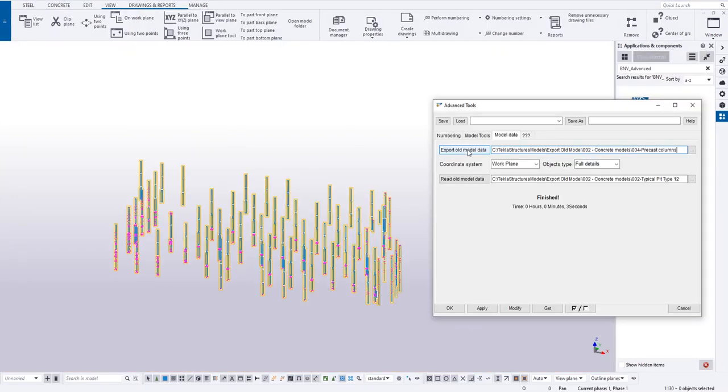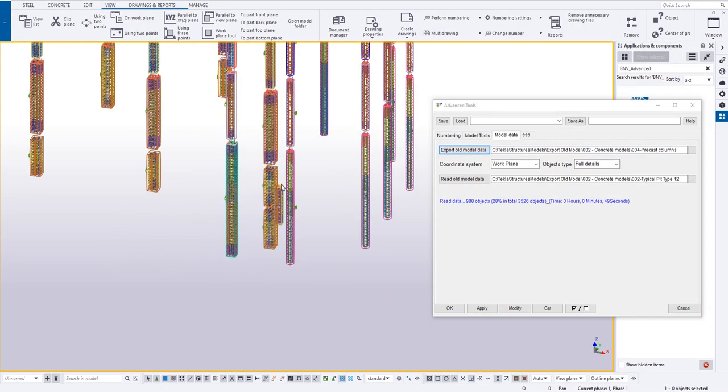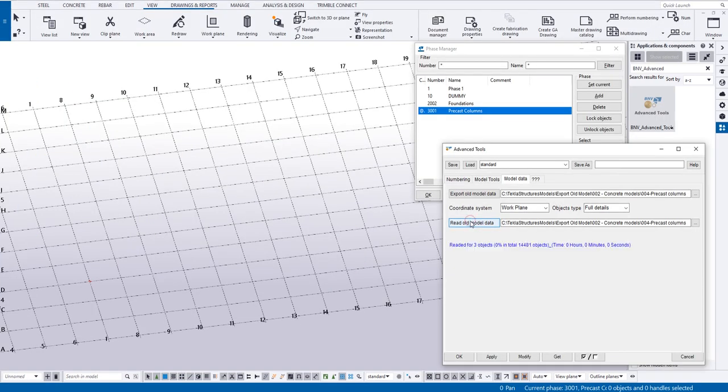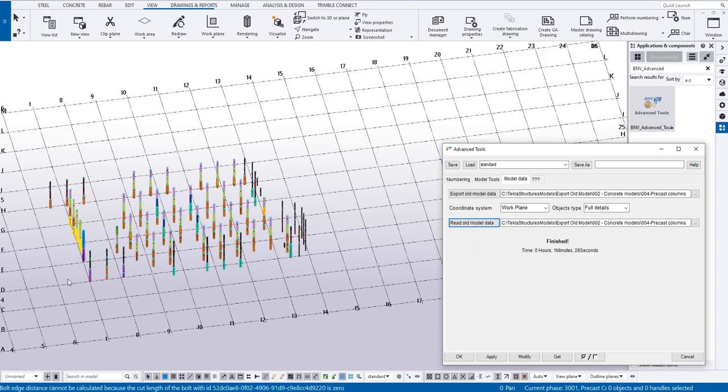Now we try to export the precast column model from our project. The tool reads data for all the bars, rebar, and objects and precast elements one by one. Yes, that's all the columns, only 1 minute and 59 seconds for all precast columns. Now we try to import all precast columns to Tekla 2023 with full detail to see how that works. The tool will import all concrete structure or object reinforcement and collect our precast assemblies one by one. Yes, you can see all the columns imported now. Only 1 minute and 28 seconds for all.